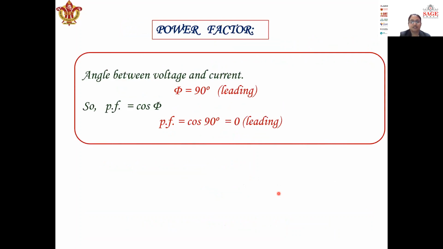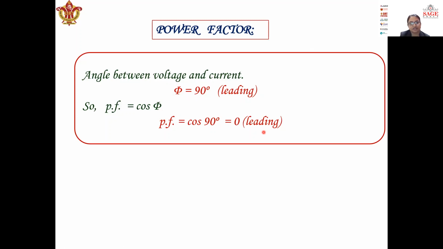So let's discuss the power factor. Before that, we have to see the angle first. The angle between voltage and current is 90 degrees. And as I have already said, whether the angle is leading or lagging is decided by the current only. The power factor leading or lagging is decided by the current only. If current is leading, power factor is leading. If current is lagging, power factor and angle are lagging. So here current is leading in the case of the capacitor, so the angle is 90 degrees and it is leading, and the same with the power factor. The power factor formula is cos phi. So cos 90 degrees is 0, and that is again leading. So the power factor is also leading, and its value is 0.